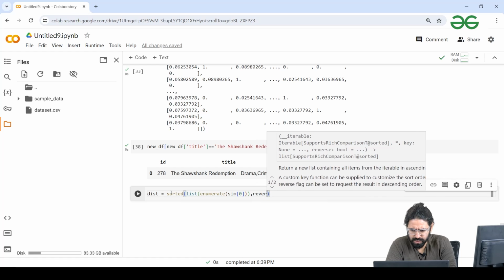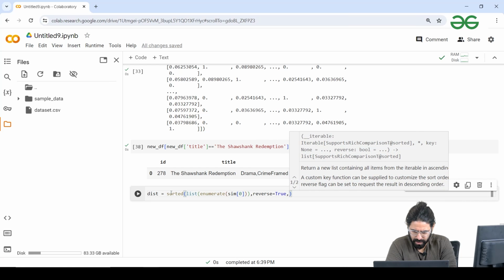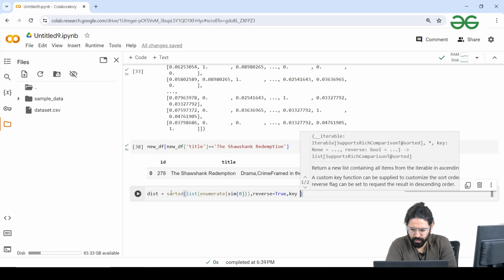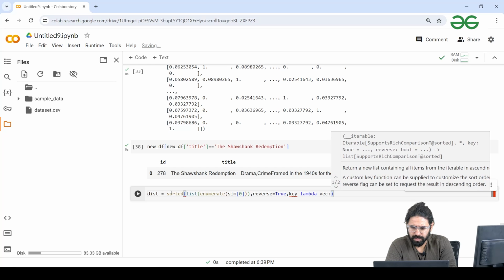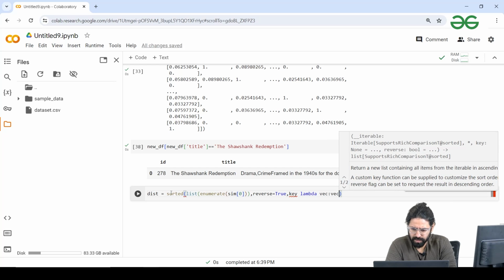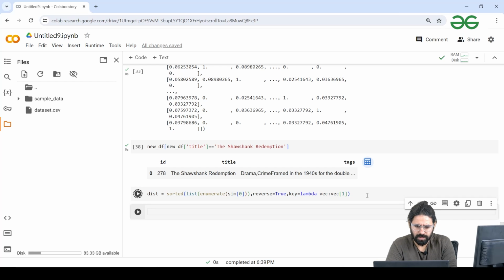Now reverse equal to true to make it descending order, and then key: how I'm going to sort this. Based on the similarity score. So the similarity score would be whatever is the input, the first thing. Oh, sorry, key equal to... I believe things are okay now. Yes. So dist,